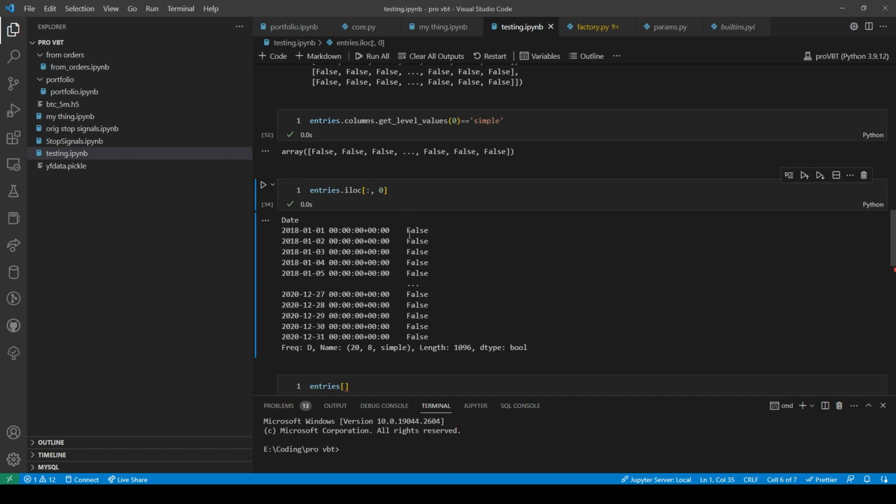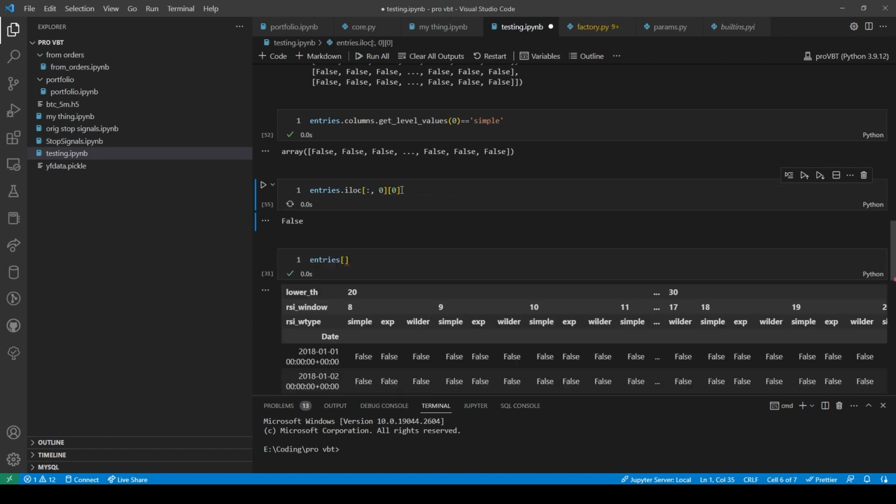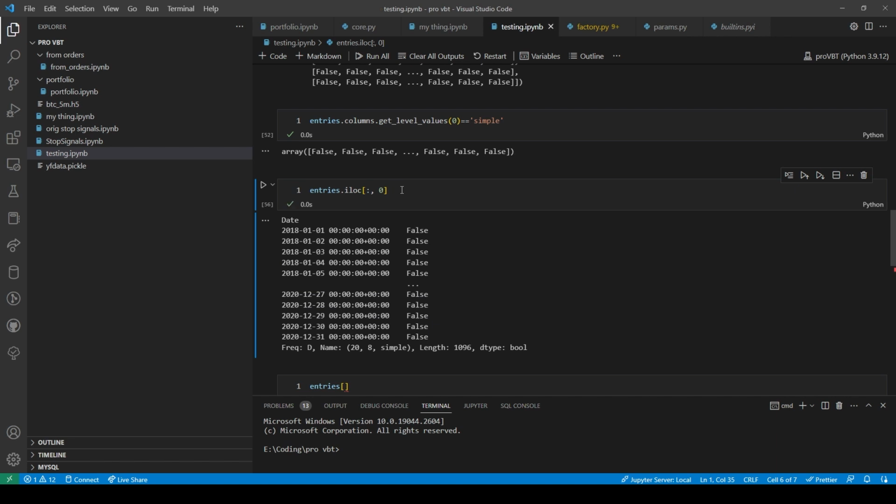Well, anyways, here you have this. And then we'd have 0. Well, here we'd have to extract. Oh my God, we'd have to extract the values.